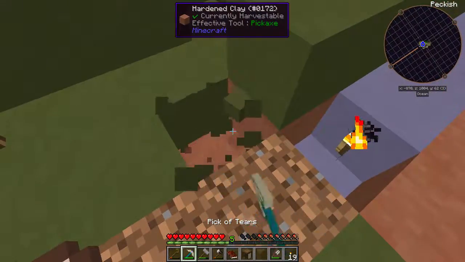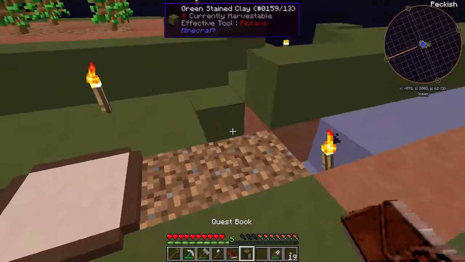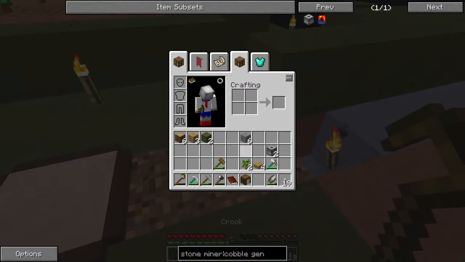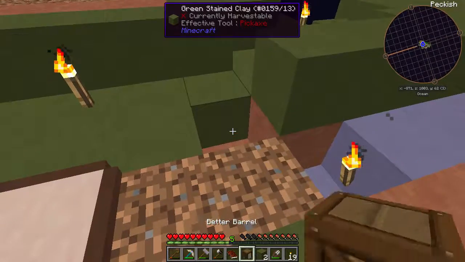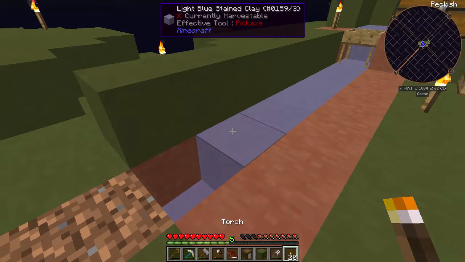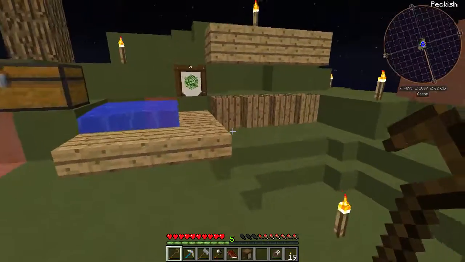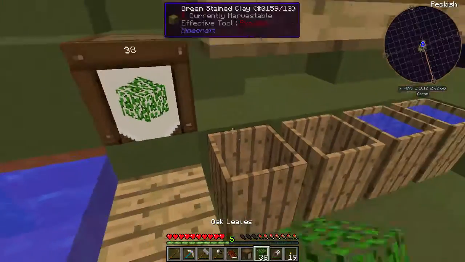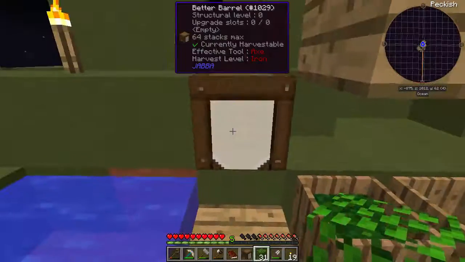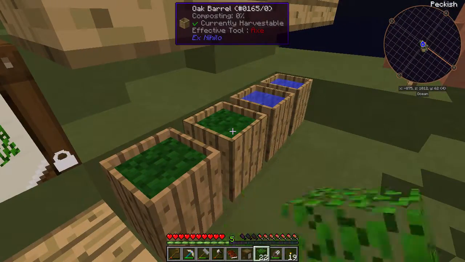I'm going to take that and I'm going to put water there. A lot of this is going to be temporary, just because we're going to move fairly soon. Alright, let's put the light there, and as soon as we get this stuff, let's lock this. Once we get the barrels, we will deal with